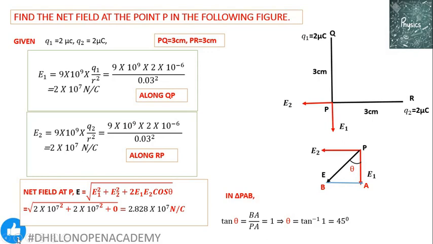in the first chapter, Coulomb's law, that whenever two field vectors of same magnitude are acting at a certain angle with respect to each other, then the net resultant vector acts at an angle which bisects the two given vectors. So in this case, E1 and E2 of same magnitude were at right angles to each other, and the net field is making angle 45 degree with E1 as well as E2.